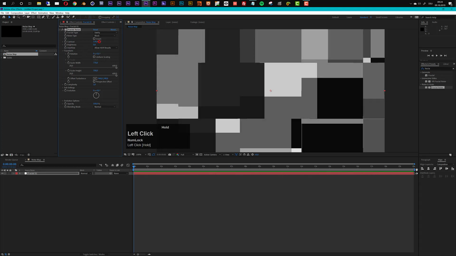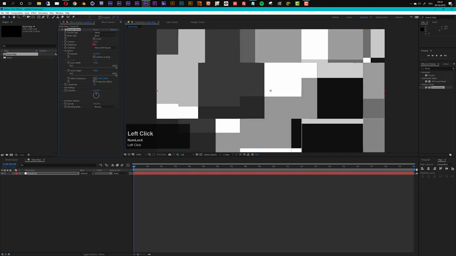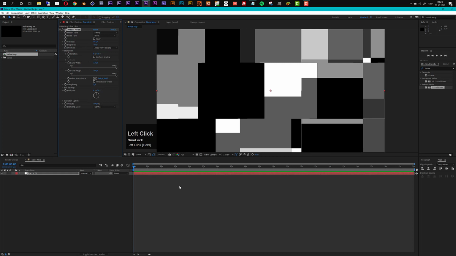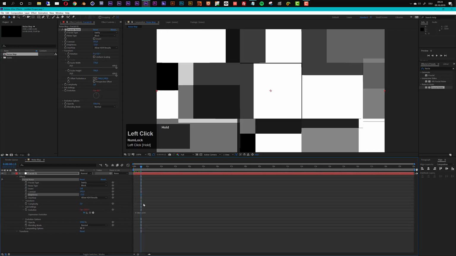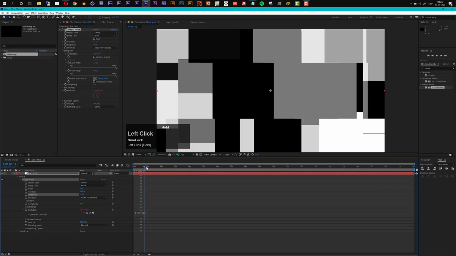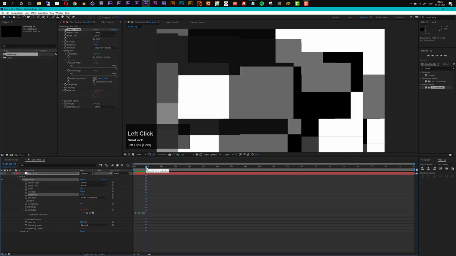Let me increase the contrast a little bit here, take down the brightness a bit, something like that. And now I want to animate this. As I said, I will use expressions. So let me Alt-click the stopwatch of the evolution here, and let me put in a simple expression, the time expression. You're probably familiar with that one. It's just changing a value over time, multiplied by a certain amount here, and this will create a very simple